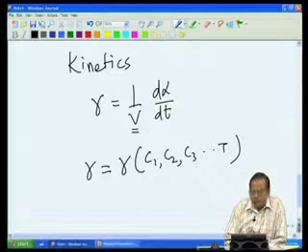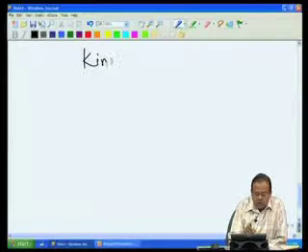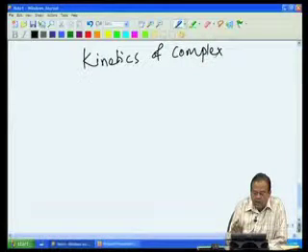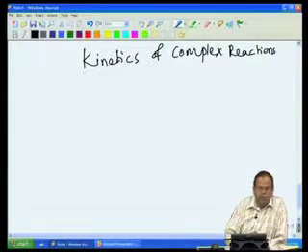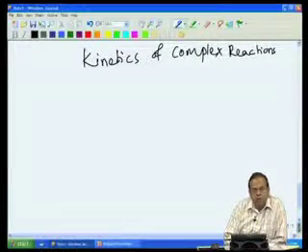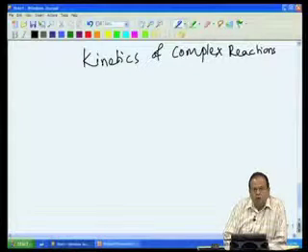We then turned our attention to kinetics of complex reactions. Because in real life reactions hardly ever display simple behavior, reactions are complex, and there are several reasons why reactions can be complex. For example, there can be a large number of reactions and reactants. There can be a number of steps through which a reaction proceeds before we get our desired product, and all these contribute to kinetics and reactions being complex.